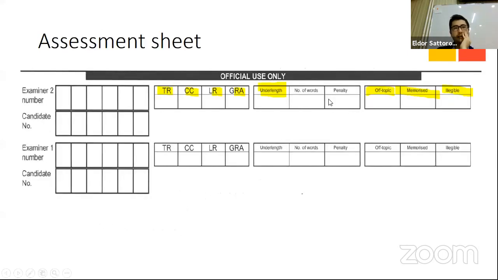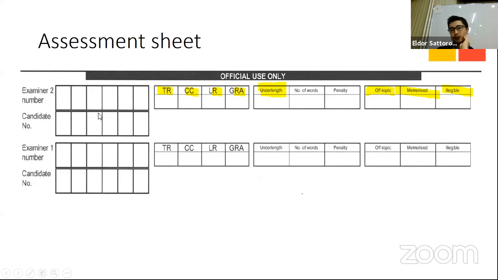Sorry about this. Assessment sheet. Is it correct spelling? Okay. The assessment sheet is from your official paper. At the back of your paper, you have official use only. So you have TR, task response or task achievement, CC, LR, and GRA. So this is grammar. These four things you're assessed on, and then they will total the mark somewhere here,